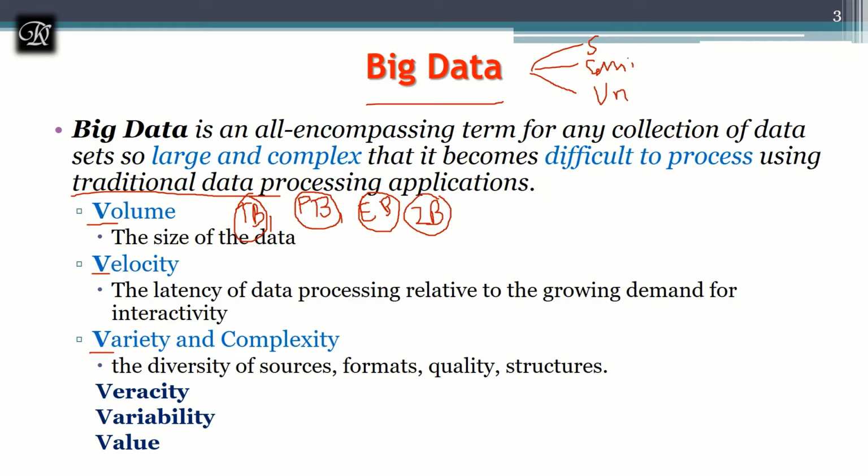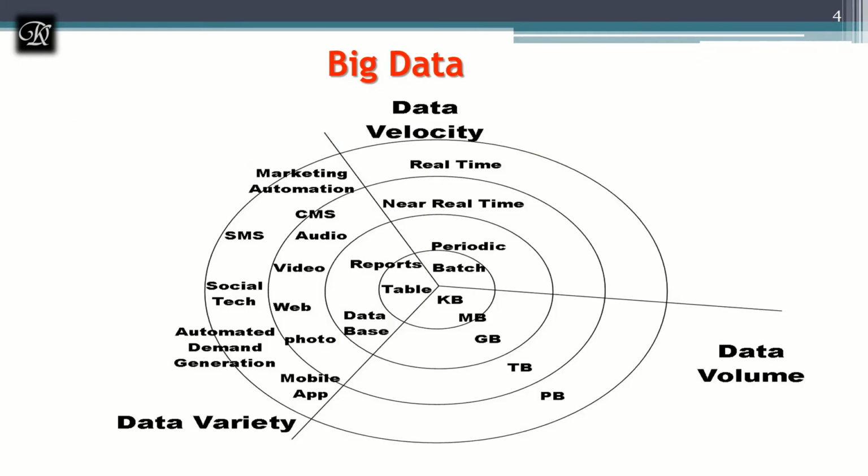The same thing I'm going to display with respect to a pie chart, where you can see the data generated is from the main 3 V's. With respect to velocity, it is from batch processing, periodic processing, near real-time processing, or real-time processing. Real-time processing is generating huge data in high velocity. And when it comes to volume, we measure data in bits, bytes, kilobytes, megabytes, gigabytes, terabytes, petabytes.